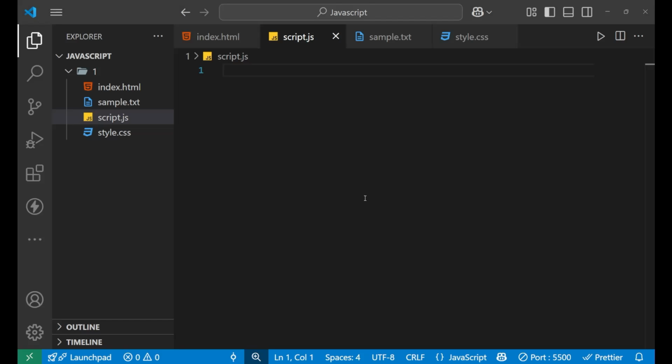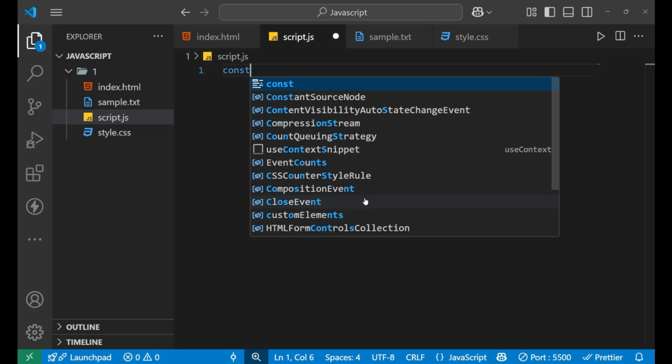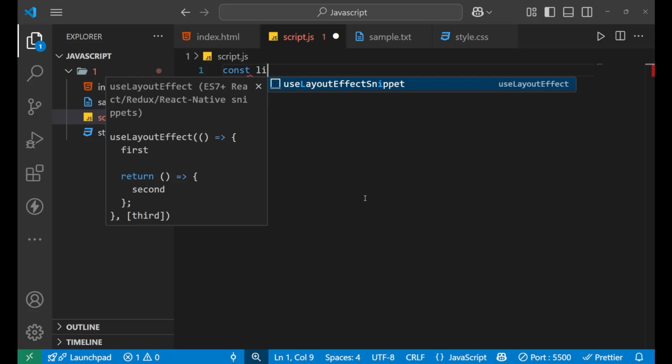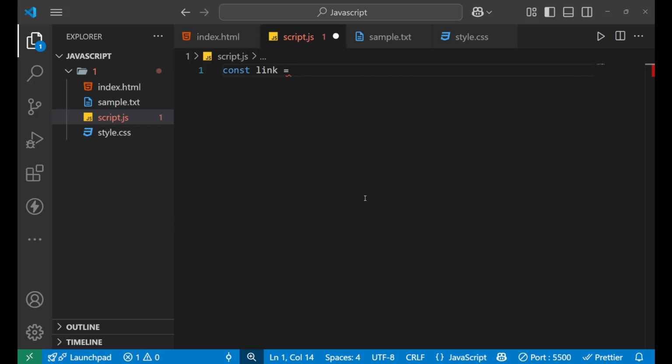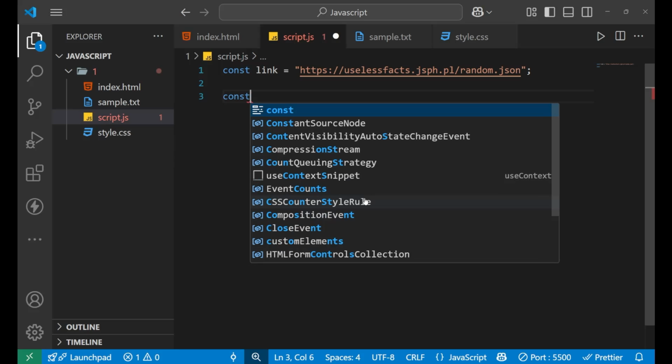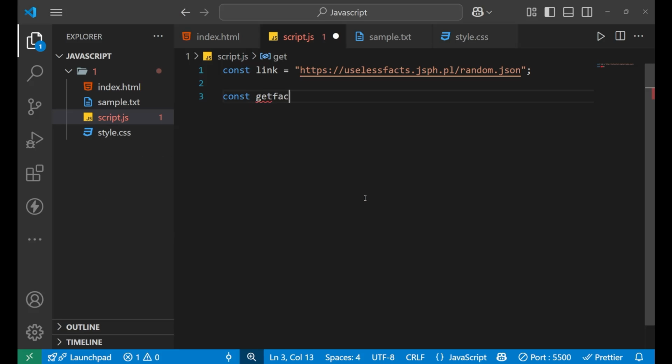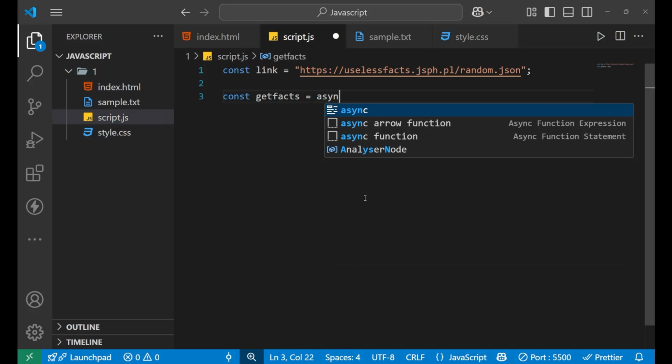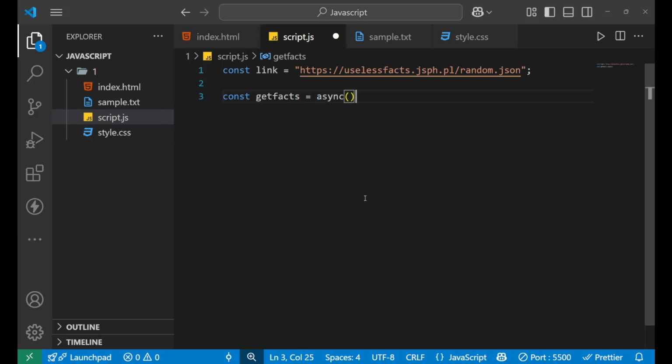Now what we will do is copy the API into a variable, right? So let's make a variable named link equals to, and this is our API. Yes, so let's create an async function first and store it inside getFacts.